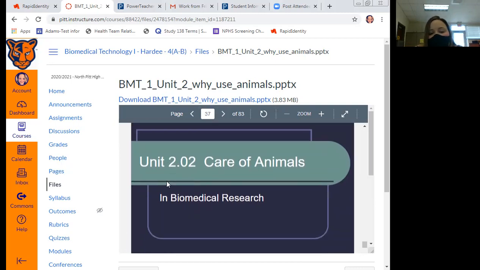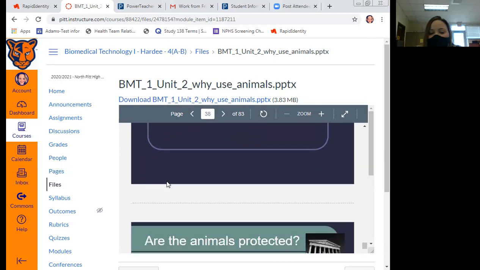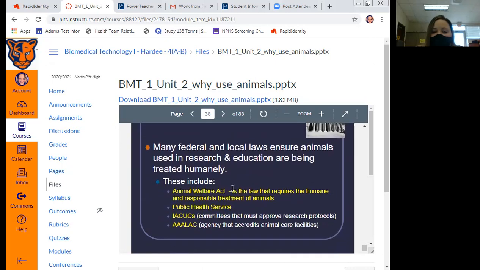Okay. The second part is the care of animals. So this is where we get into, in your paperwork or your worksheet, the different animal rights and animal welfare groups. So are our animals protected? And we're going to immediately start answering some of those questions on that worksheet. So what is the Animal Welfare Act? What is the difference in animal welfare versus animal rights? And who monitors those things? So it is federal and local law that if we choose to test on animals, they have a certain minimum treatment they must receive, okay?